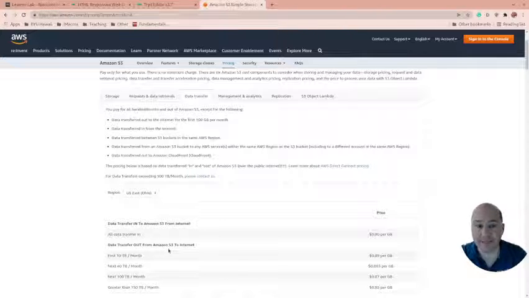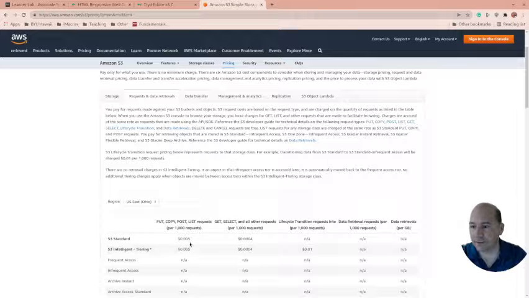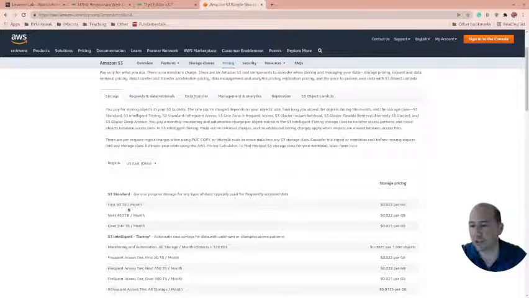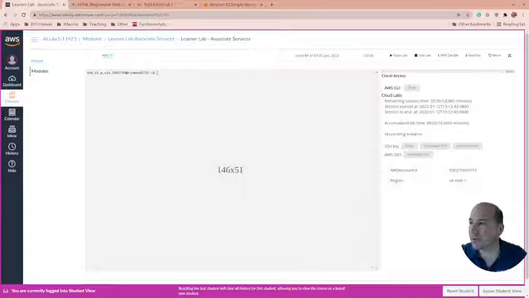So if it's a big site that gets hit often, of course, you're gonna start to get the data transfer and stuff up. But request retrievals, you're less than a cent for thousands of requests. Storage, 2 cents per gigabyte per month, a little over 2 cents, and it gets cheaper when you have more. And so there's a lot of different pricing things here. But so our lab started, so we're going to get into AWS